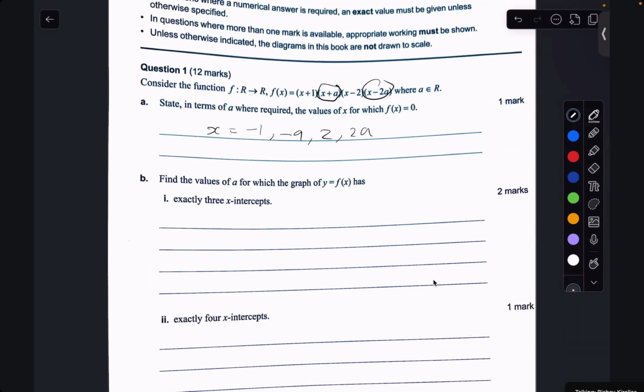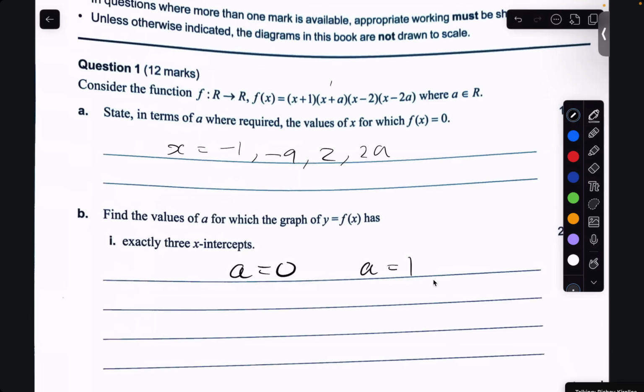And these two brackets will either be the same, and that will be if a is 0, or a can be equal to 1, for this to be the same as that one. But if a is 1, then this will be the same as that, but this will also be the same as that. So we can't have a as 1, because that will mean we only have 2 x-intercepts. But the next one is that a can be -2,